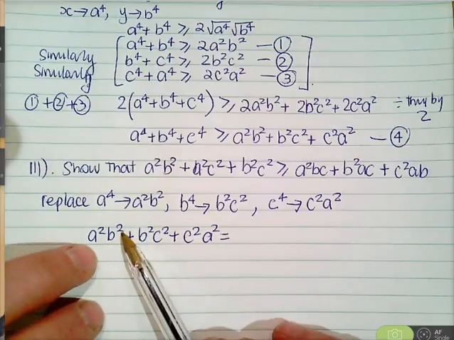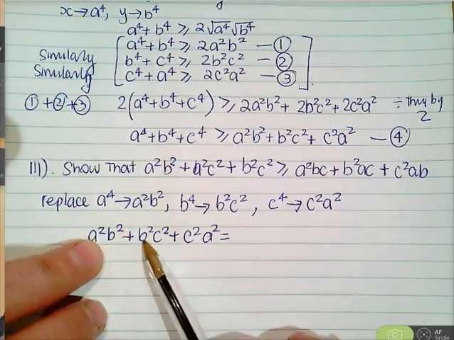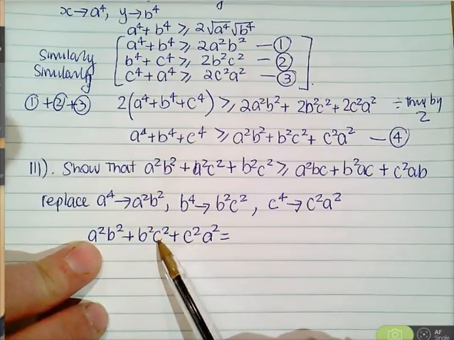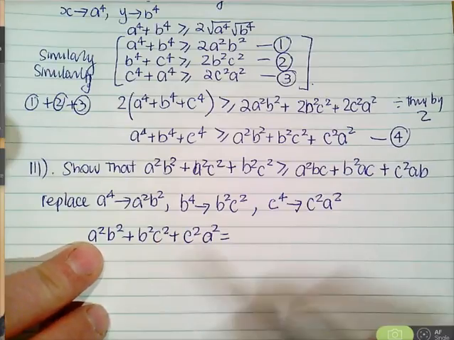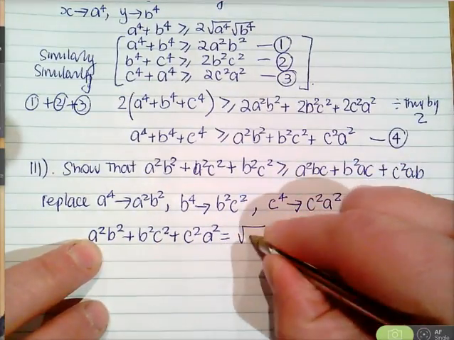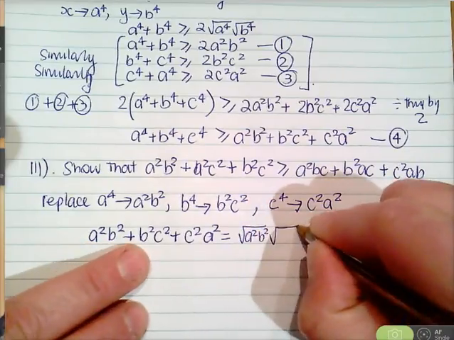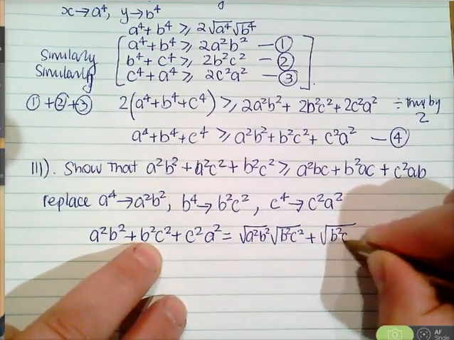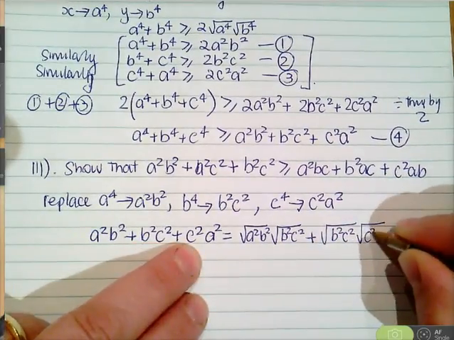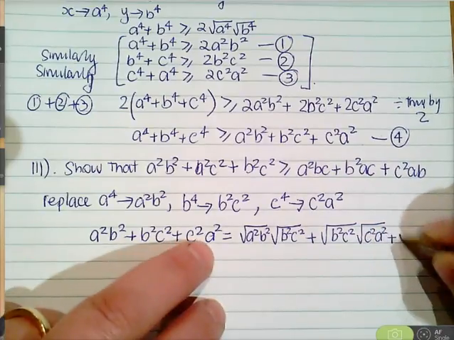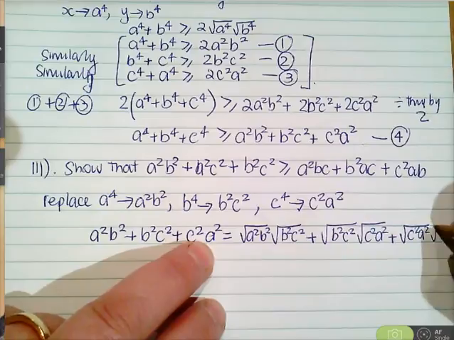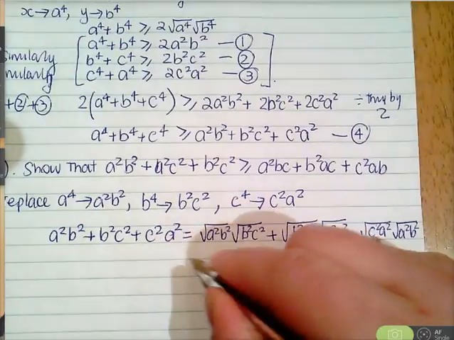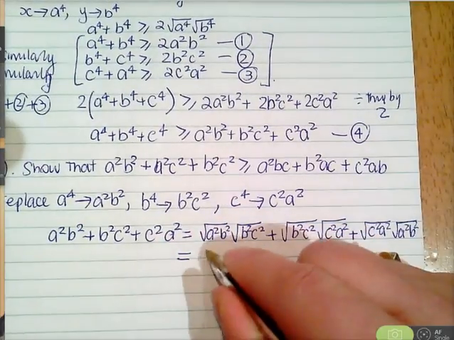So this needs to be square rooted, and then so does this term here, and then they need to be written together. Okay, so we'll have the square root of A squared B squared times the square root of B squared C squared, plus the square root of B squared C squared times the square root of C squared A squared, plus the square root of C squared A squared times the square root of A squared B squared. Sorry, hopefully that hasn't run off the page, which means that that's equal to A, then we've got